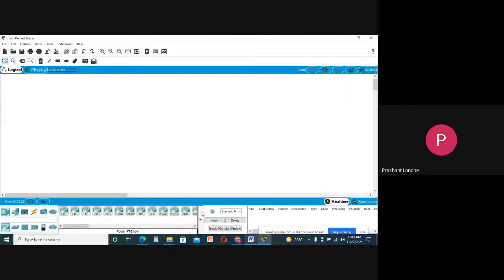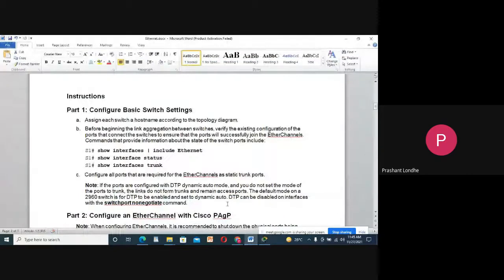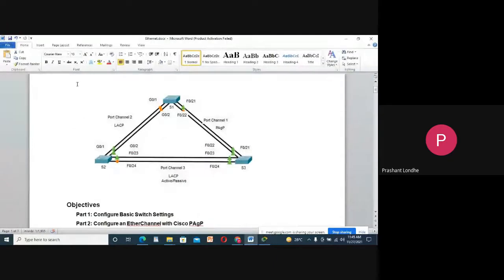So let us start configuring all those devices. Let us understand the figure that we have. We have three switches: S1, S2, and S3. GigabitEthernet 0/1 of switch S1 is connected to GigabitEthernet 0/1 of switch S2. Similarly, GigabitEthernet 0/2 of S1 is connected to GigabitEthernet 0/2 of S2.